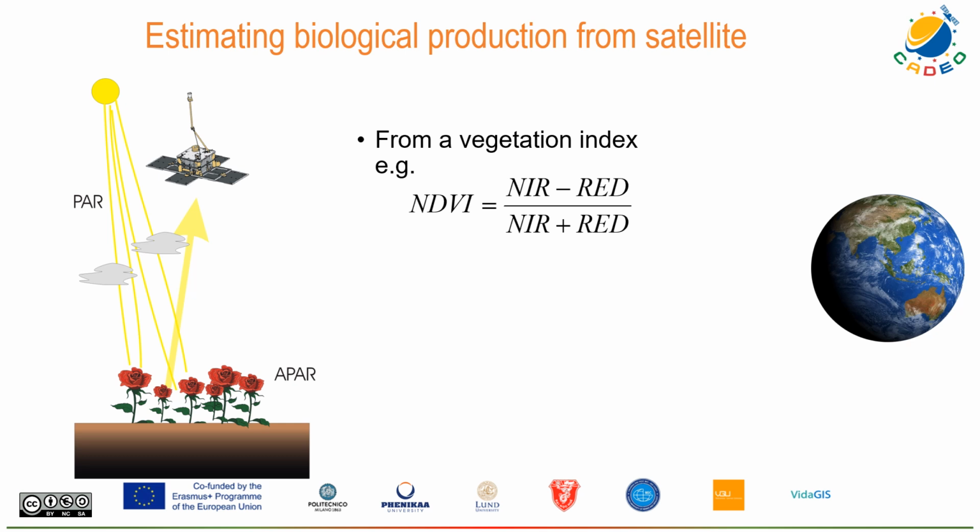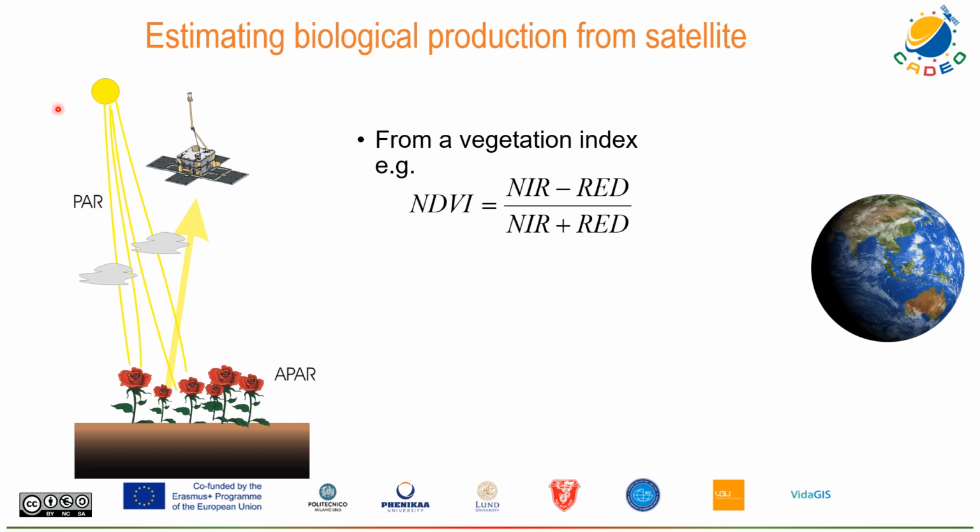The formula measures the reflectance in the near infrared, subtracts the red part, and then normalizes the difference between the reflectances in the near infrared and red. That gives us a value that will estimate some biological production, or actually photosynthetic activity,